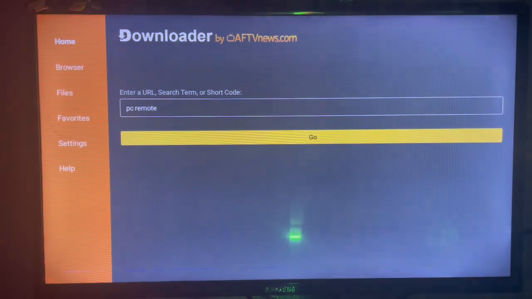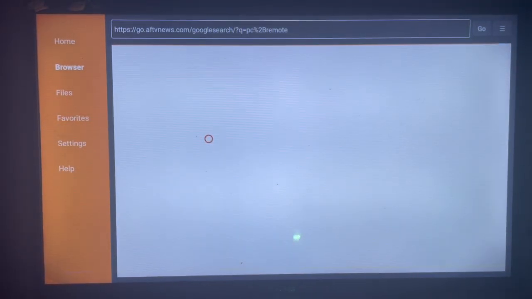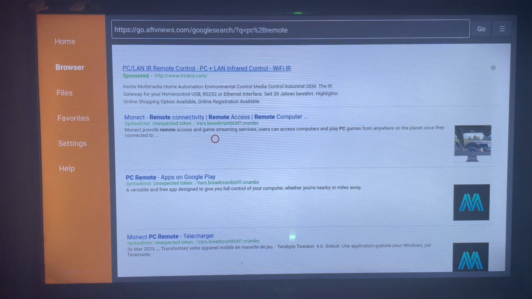And then Downloader is going to show you where you can download the PC Remote application to your smart TV from the internet. And as you can see here are the various options. So you can use this one, you can use this one or any one. So we're going to go with this one. So once you come over here and click this option, it's going to show you where you can download the PC Remote application to your apps, to your smart TV. So it's very